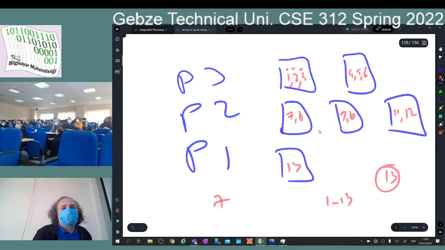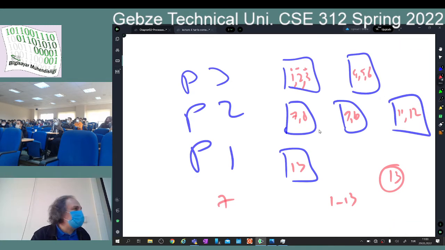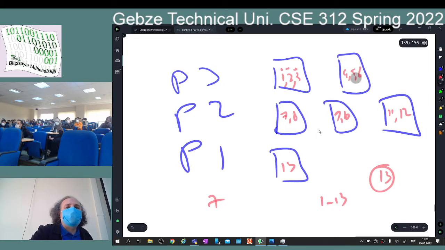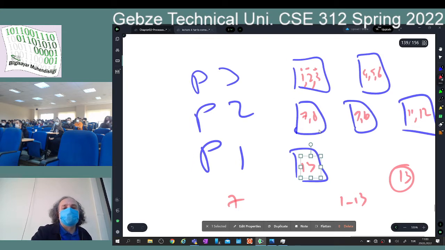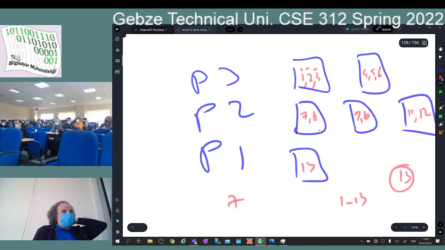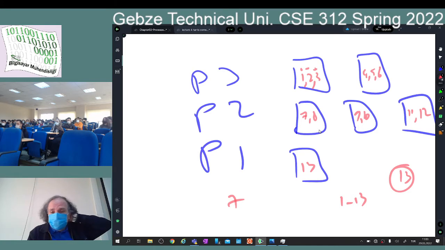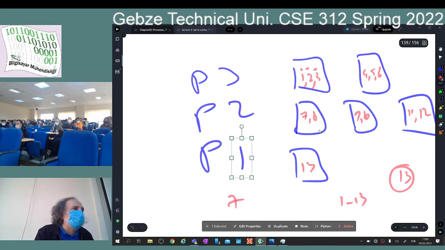But the thing is that these 2 processes have a better chance of running, right? Because they have more tickets. If I'd like to increase their chances even more, give them 50 tickets. 50 tickets, 2 tickets and 1 ticket there, right? So this way, starvation will not happen. Okay, starvation will not happen because everybody has a chance to win the lottery. Well, P1 has the smallest chance of winning it, but it has the chance of winning the lottery.